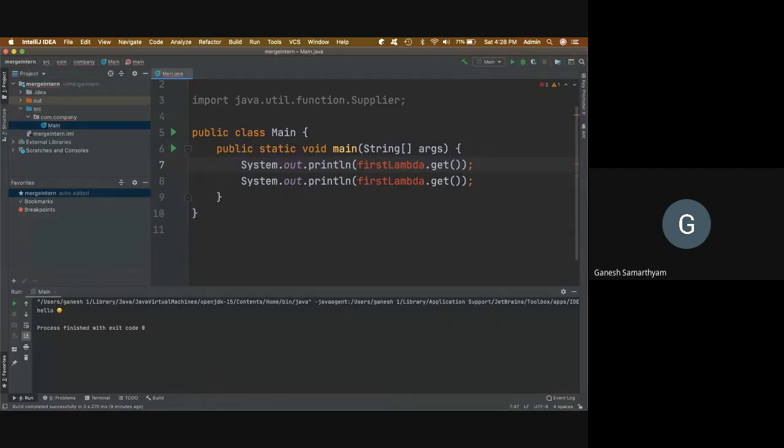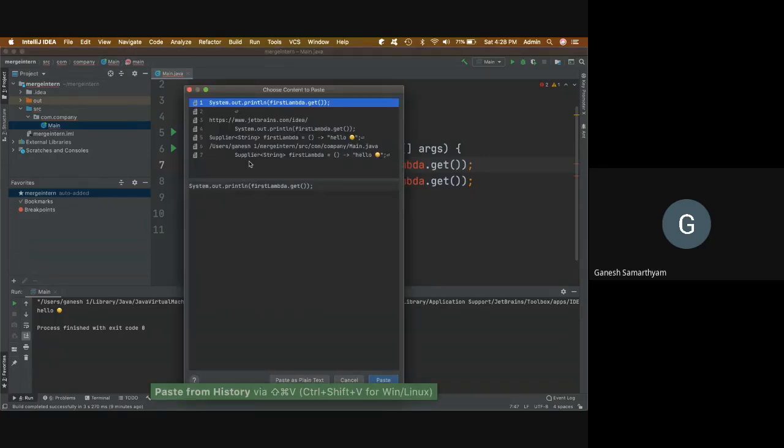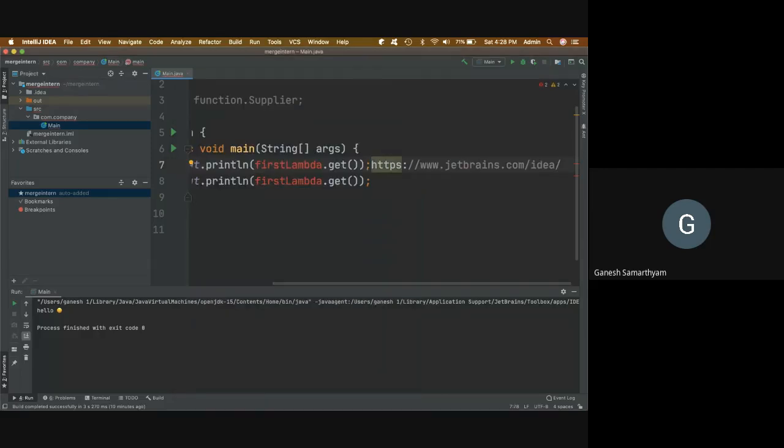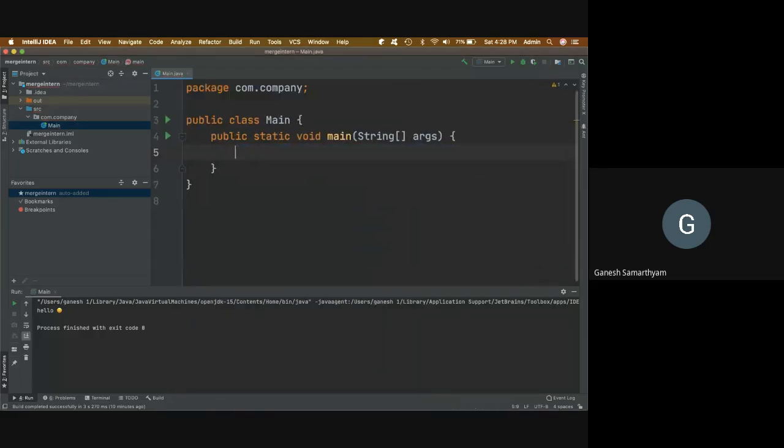But if you want to see the history, do Shift Command V, which is Control Shift V for Windows and Linux, and you'll be able to see the history of your copies. So you can select them and use them. Right? So how do you use that?